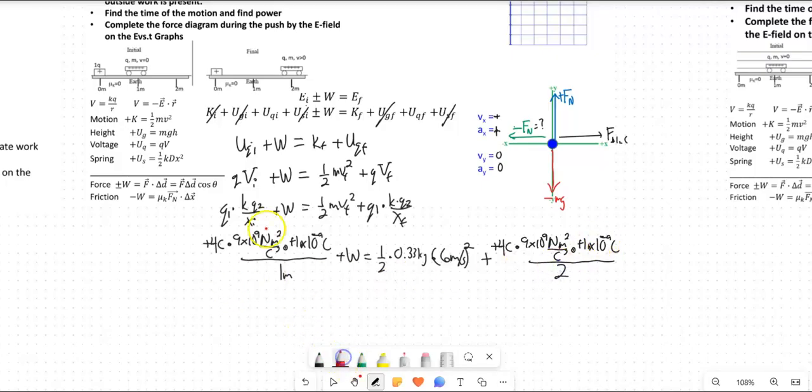Now in here, when we're doing our math, we just have to remember that 10 to the positive 9 times 10 to the negative 9 is 1. So this right here is going to be 4 times 9 divided by 1. So what is that? 36 joules